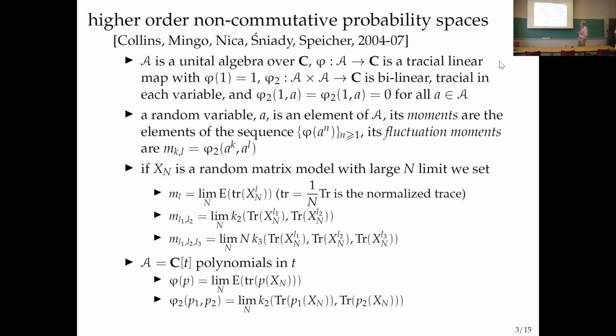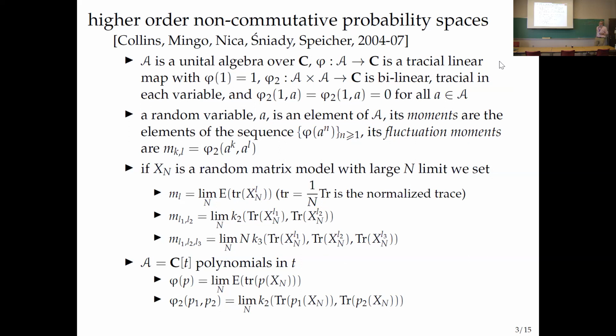And now I'm going to also assume the existence of a two-variable linear functional. So it's bilinear, and in each argument it's tracial. Each argument is going to be an element from the algebra, and I insist that if you cyclically permute the elements, if it's a product and you cyclically permute them, it won't change the answer. And then the other thing is, I'm going to insist that if you put the unit, shoot, that should have been a comma 1. Sorry, it's 1 comma a and a comma 1. If you put a 1 in either slot, you get 0.